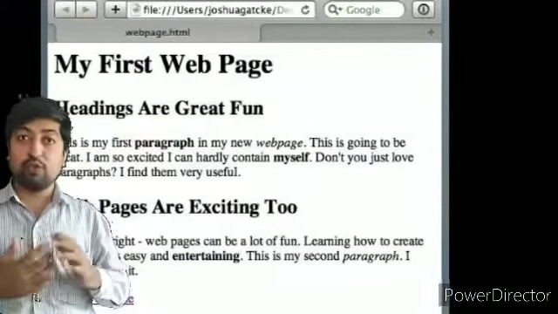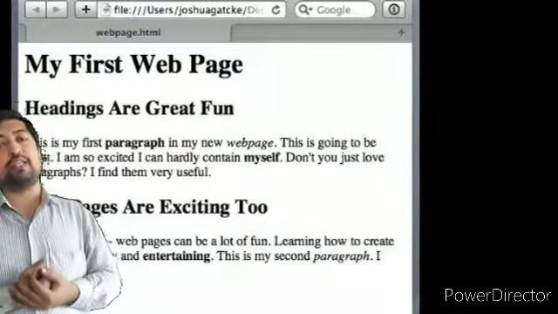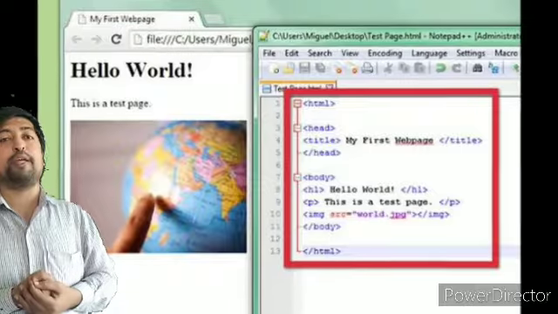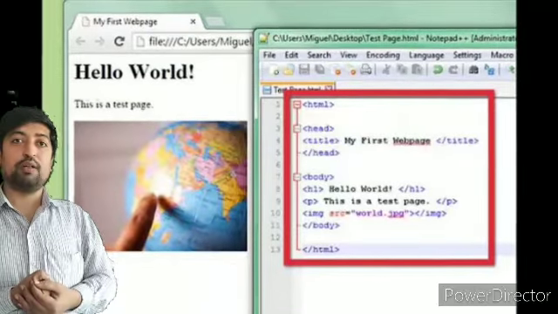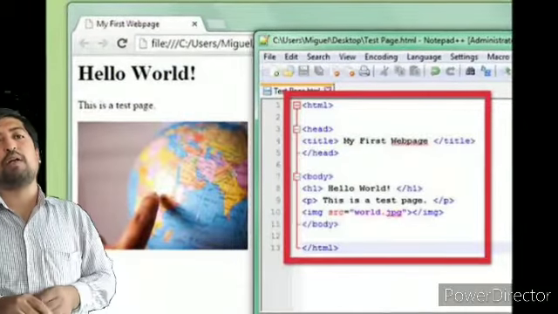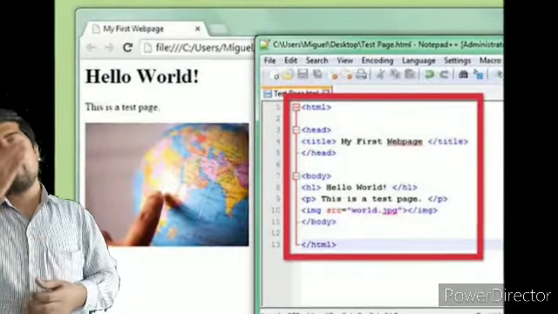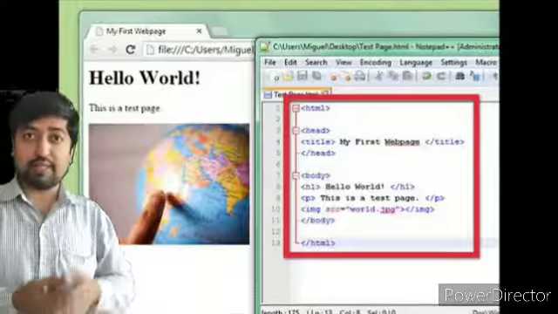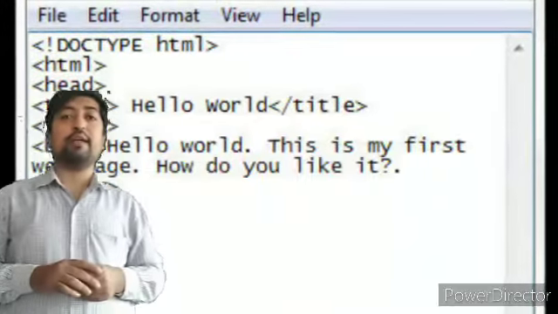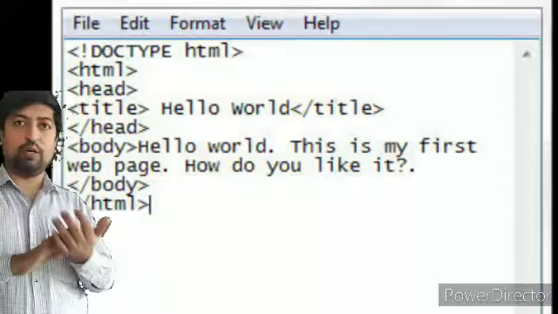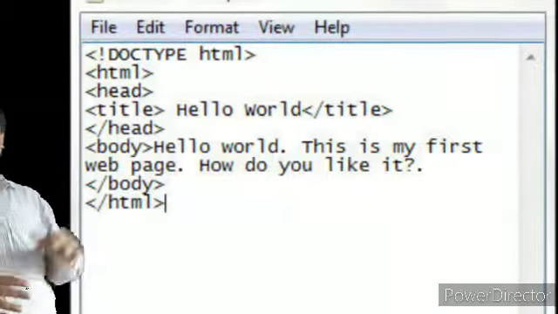The HTML tag is used to write the HTML coding, or you can create your HTML web page for the development of the website. For creating web pages, firstly you have to type the HTML tag, and this is the second type of tag, so it should be closed.